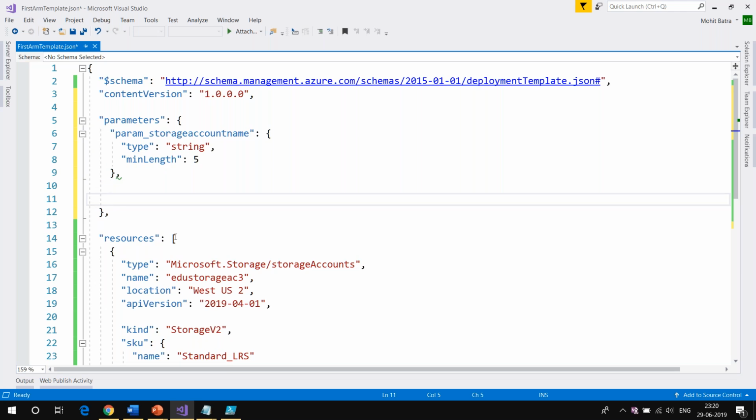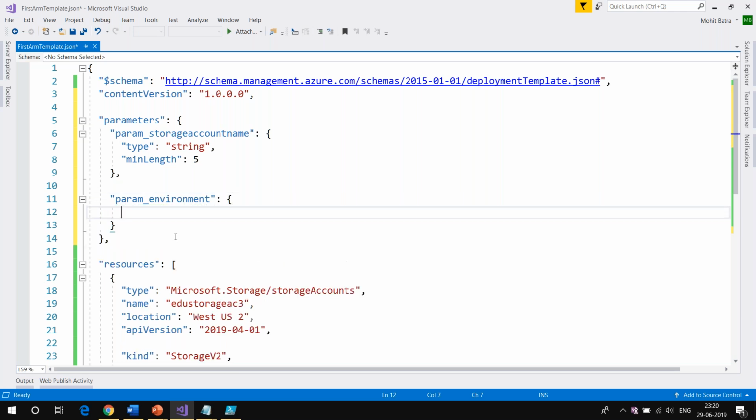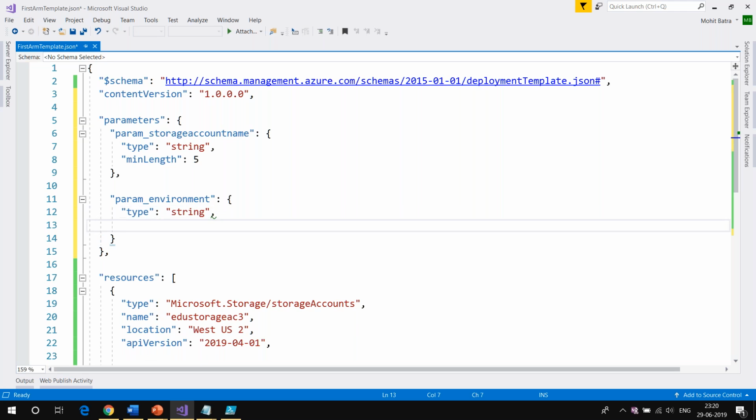Let's call it param_environment. The type is going to be string, same as before. Then I can also say what the default value is. You have the option of providing a default value as well, so if nobody supplies a value, the default is used.